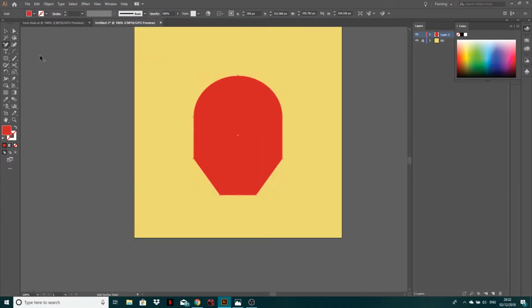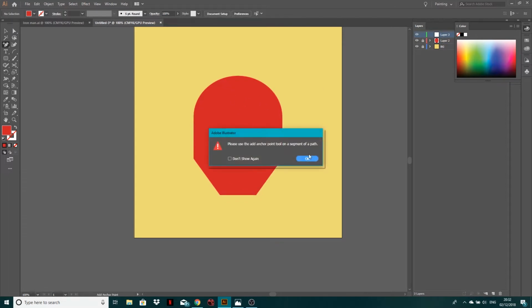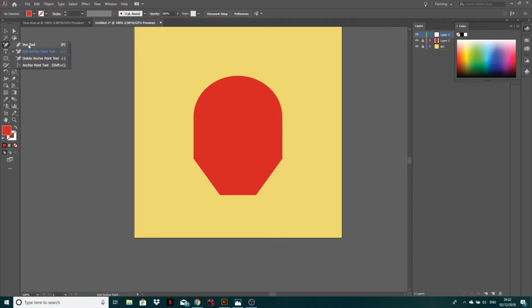Let's get my pen tool. I think I'm going to go on a new layer for this. I didn't last time, but it's just nicer too. So pen tool. Right, I was on the add anchor point tool. So let's click here, here,